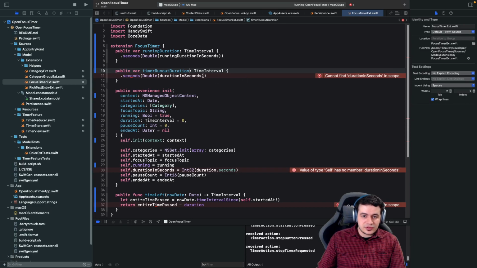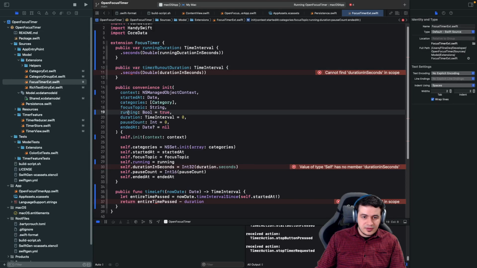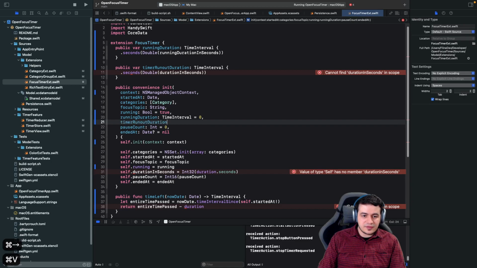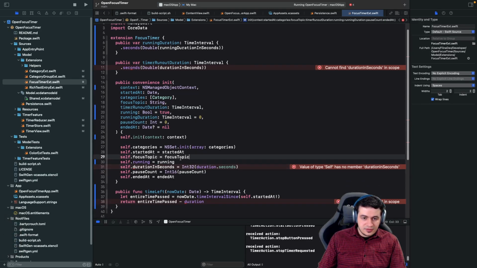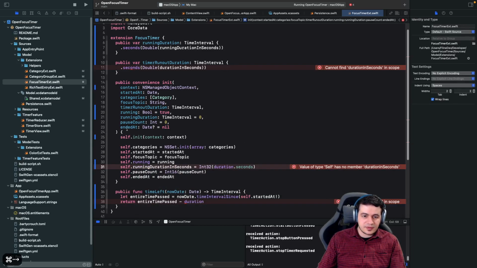Timer run out duration. We have running duration 0 and timer run out duration, and this doesn't have a default. This actually needs to be provided. We have the running duration in seconds. We need to get the running duration here, and same with